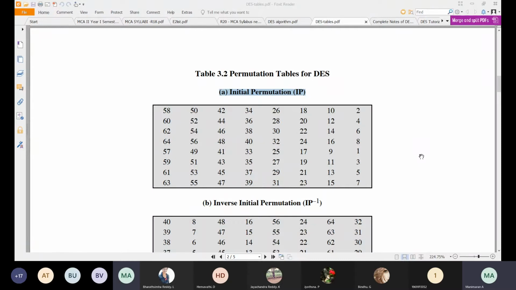See, once you understand one single table, then the remaining things are the same. See what happened in this. So totally 64 numbers are there, from 1 to 64. In the plain text, how am I arranging it? 1, 2, 3, 4, 5, 6, 7 like that up to 64. Now the 58th position, what character is there in the original plain text that we are going to rearrange into the first position? Are you getting what I am telling?